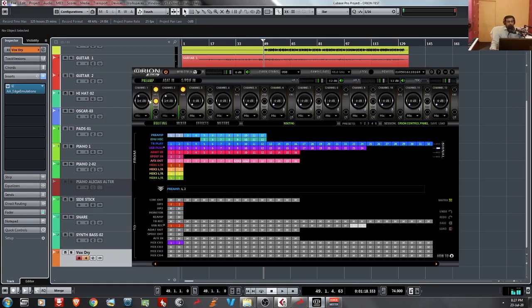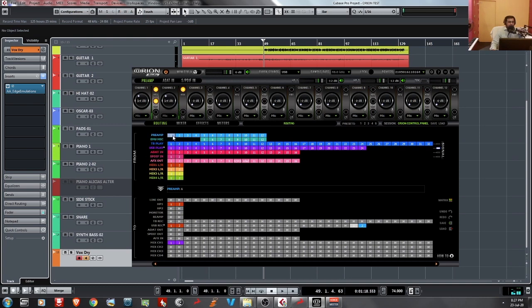So now we have routed the channel 1 and 2, that is the Edge Duo microphone, to the USB record 23. Sorry, yes, it's here. USB record 23 and 24. Okay, now if I want to add some Antelope effects to the same microphone preamp, what will we do? So we will look into that.